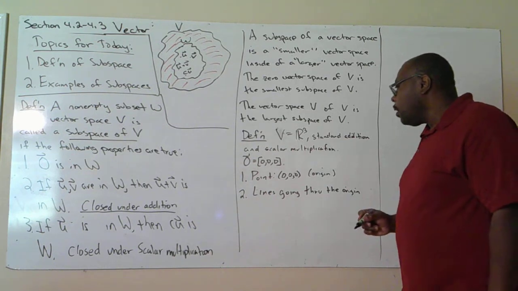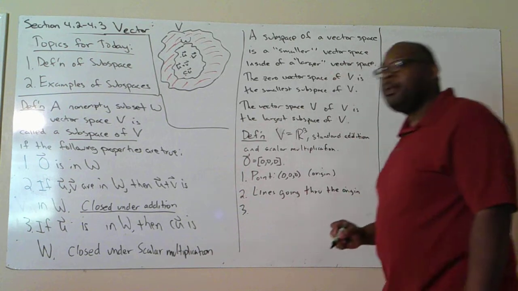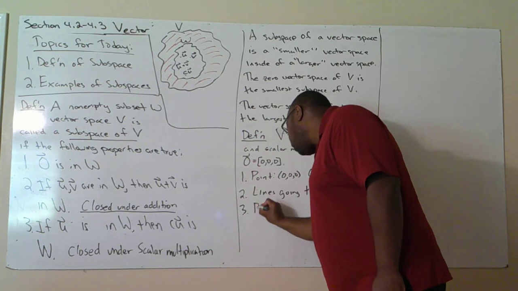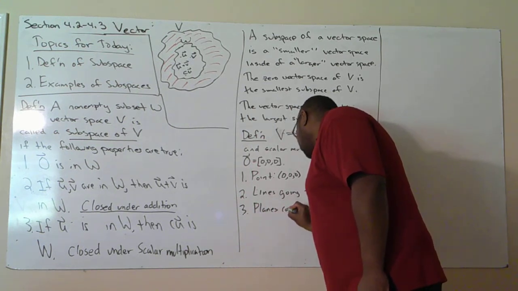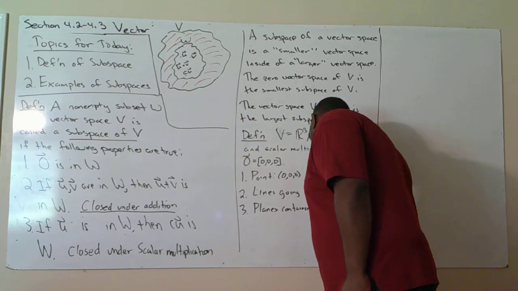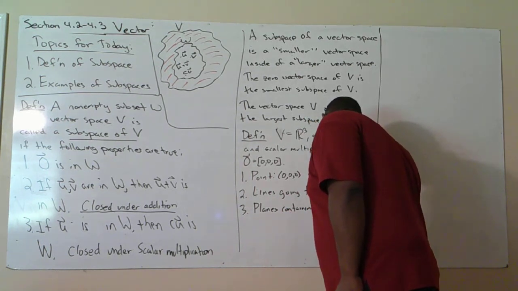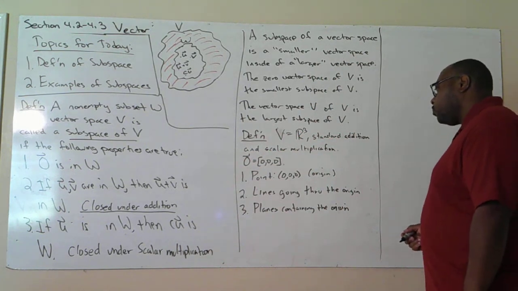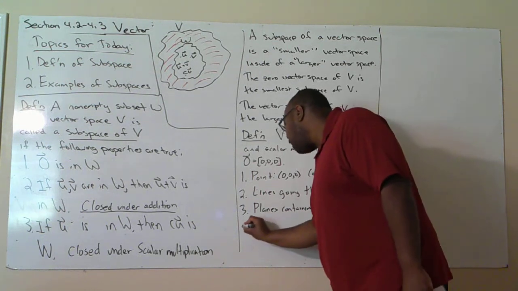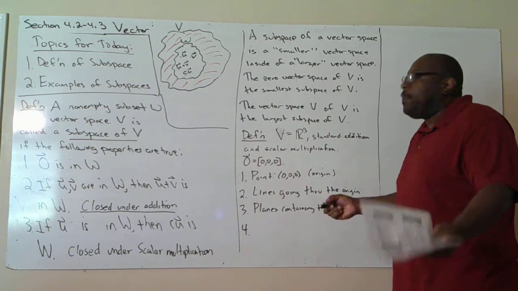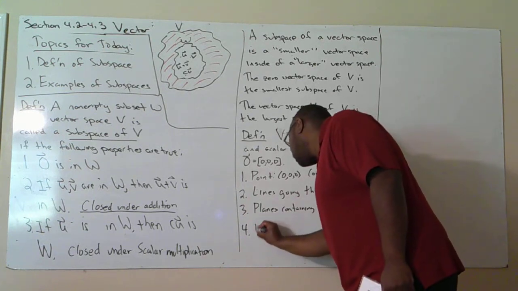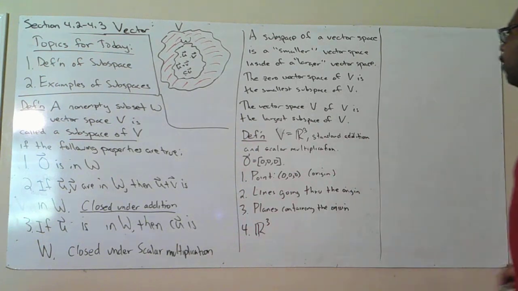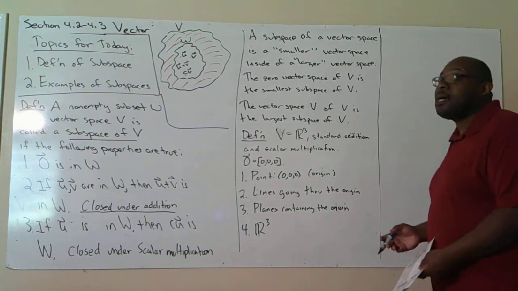Okay. What about two-dimensional objects? Two-dimensional objects will be planes. So these will be planes going through the origin, or planes containing the origin, because we want to make sure that 0 is in our subspace. And then for three-dimensional objects, it's just going to be R cubed itself. Okay. So these are all the subspaces of R cubed,